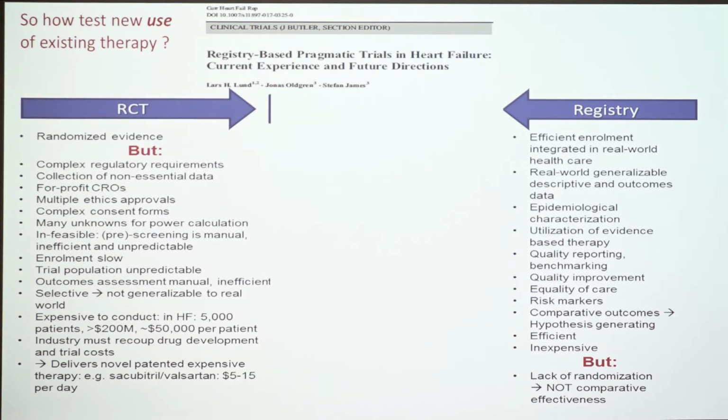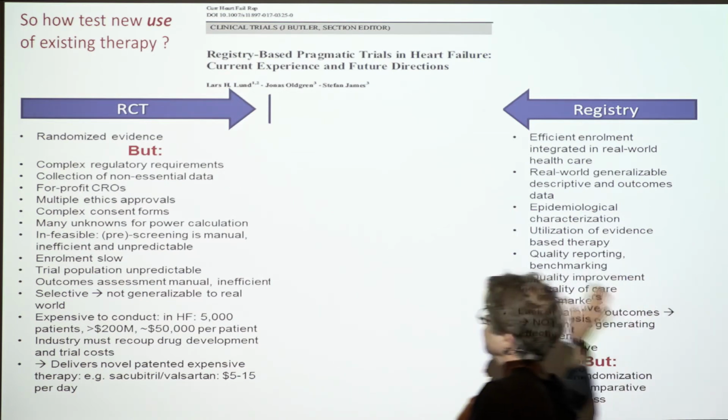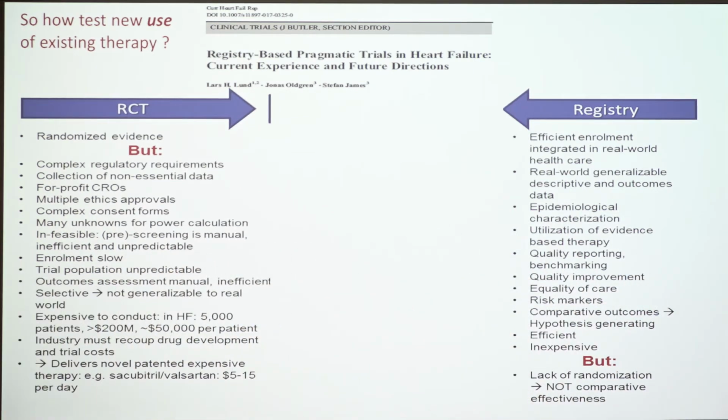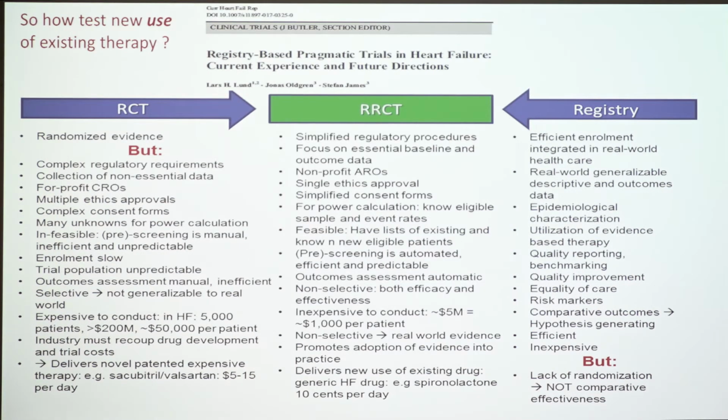We've looked in the registry to see if beta blockers help those patients, and they do. But we don't know if it's the beta blockers or something else. It could have been that they all saw doctors that really liked beta blockers and that really read the literature and also treated them better in other ways. It may not have been the beta blockers themselves. So how do we combine this, the registry with the randomization? We do a registry-based randomized controlled trial, RRCT.